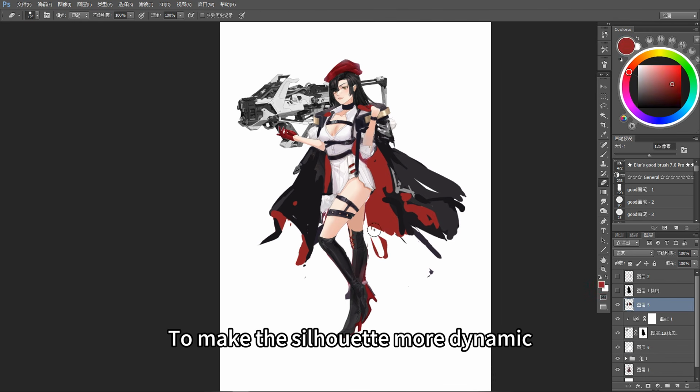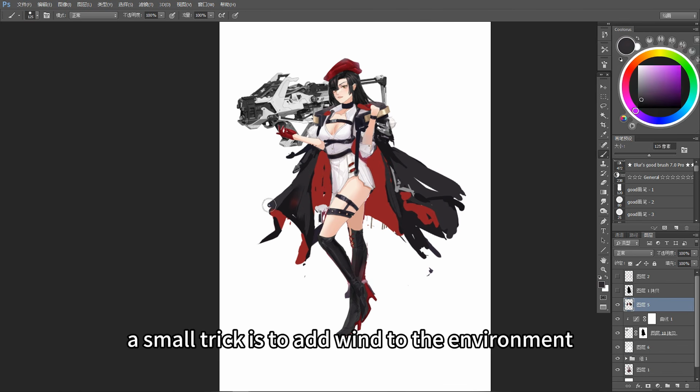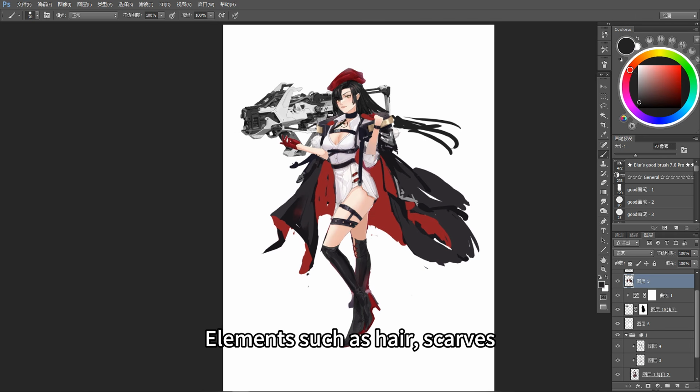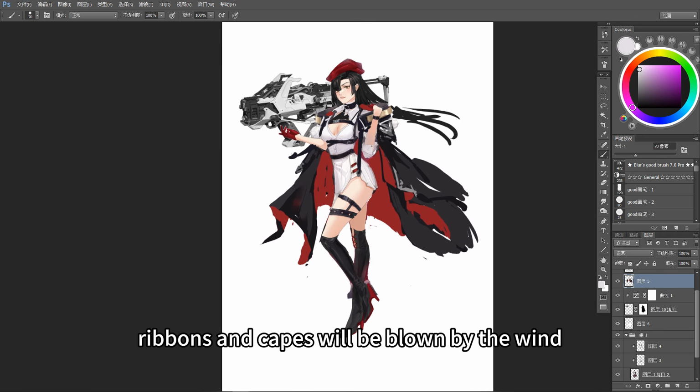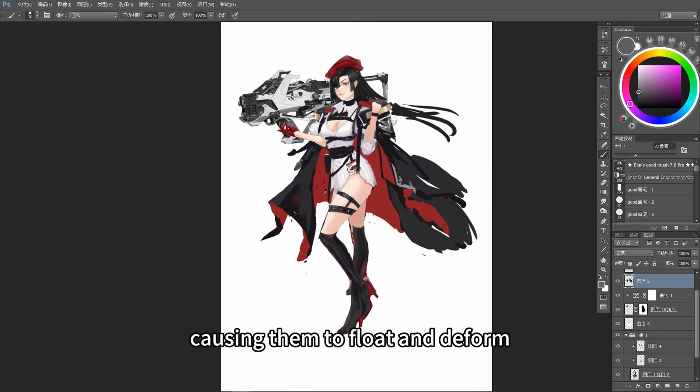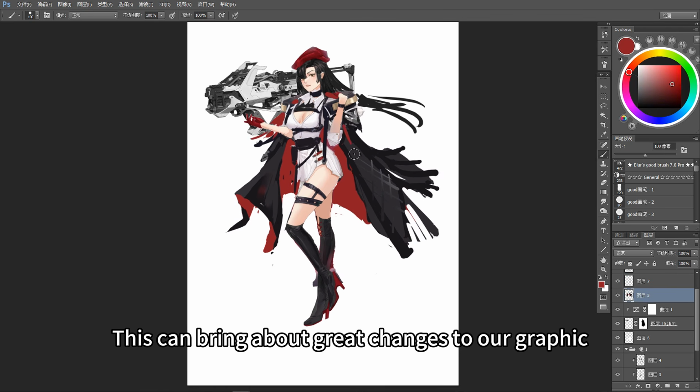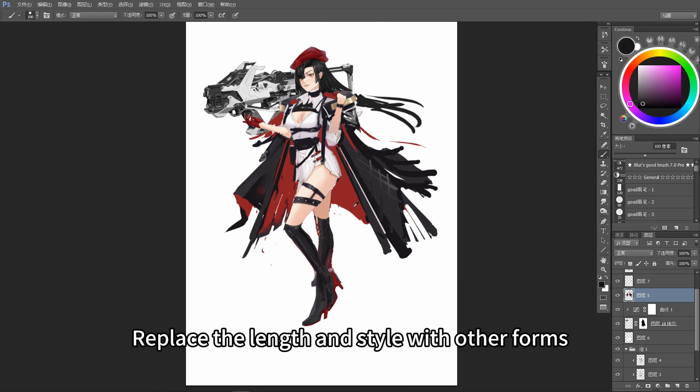To make the silhouette more dynamic, a small trick is to add wind to the environment. Elements, such as hair, scarves, ribbons, and capes, will be blown by the wind, causing them to float and deform. This can bring about great changes to our graphic. I keep working on the cape. Replace the length and